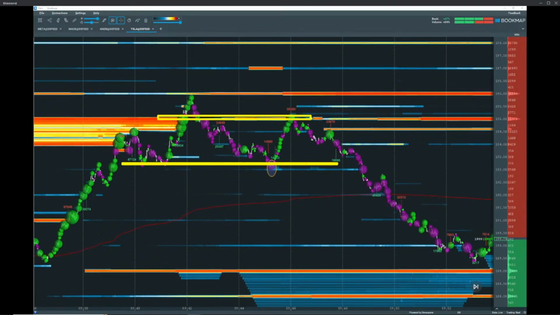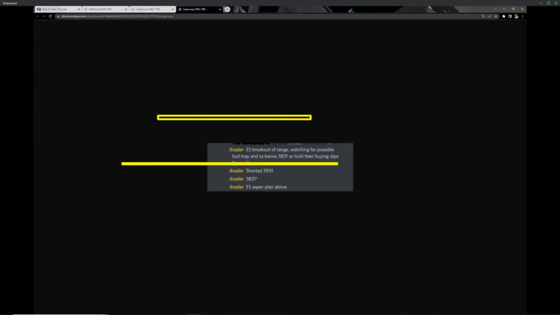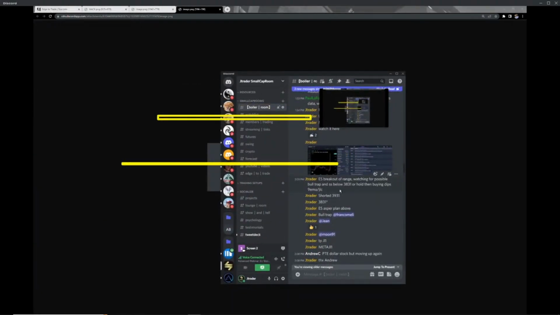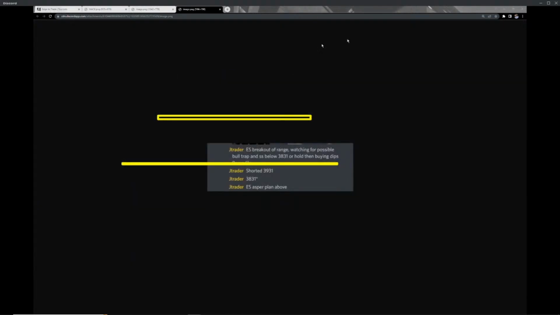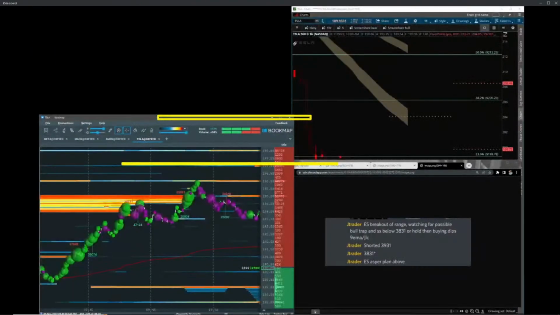for a main unwind. So I'm looking for these patterns to look for the short, and it's a low risk entry. It's something that I can simply trade and right away put a stop loss, and then I also have confirmation. For example, this morning, this was the plan I put out at 2 to share over here, looking for a bull trap and short below 38.31 on ES. And then I shorted at 38.31 over here, at 207. And the reason why I had the perfect setup on ES was the bull trap that we're talking about right now,